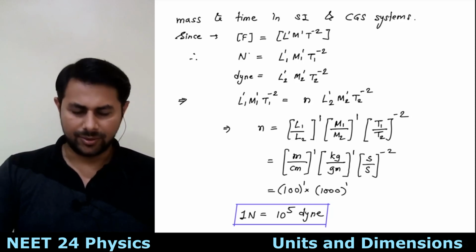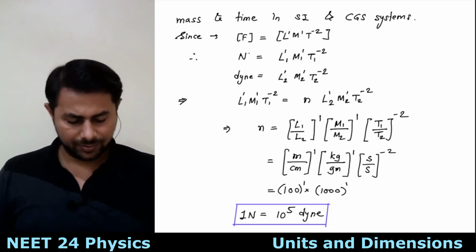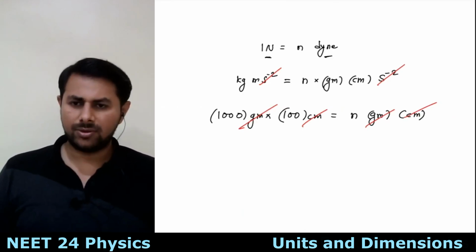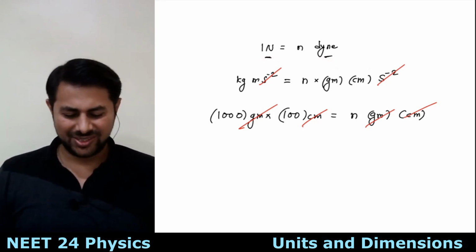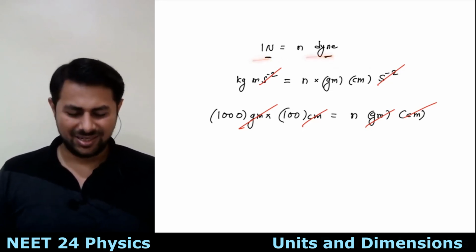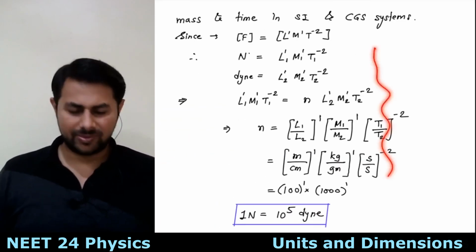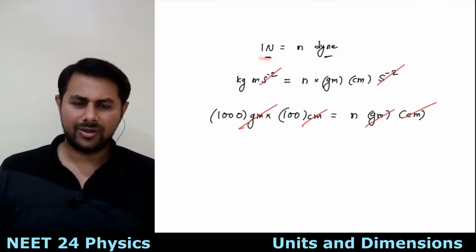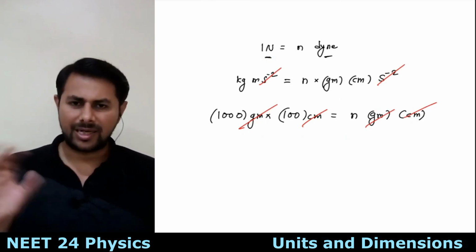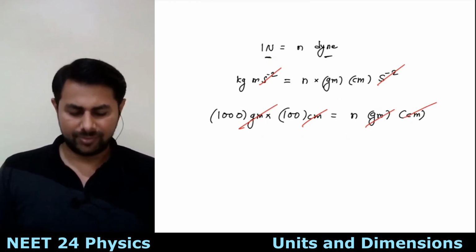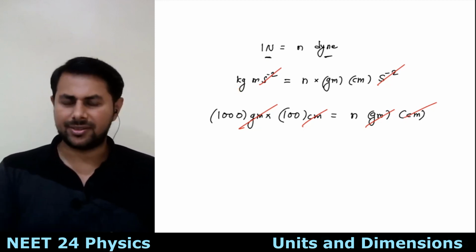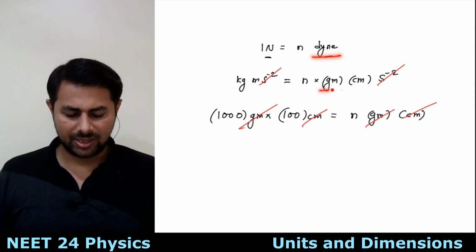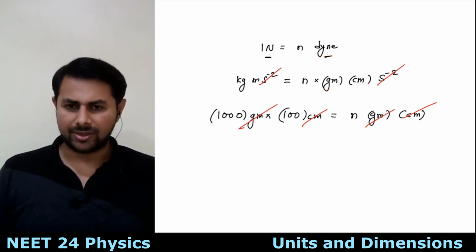Right, good. So now we can do it very easily. We don't need to do all this business. Instead of writing 1 Newton is n dyne, we can just say 1 Newton is what? It is length raised to 1, mass raised to 1 and time raised to minus 2, no? So it's kg meter per second square. 1 Newton is kg meter per second square. And in CGS, it will be just gram centimeter second raised to minus 2.